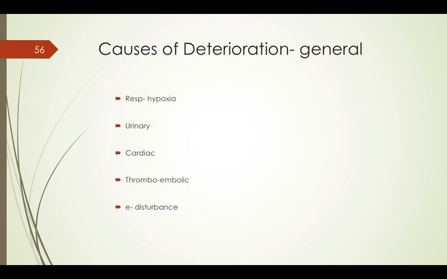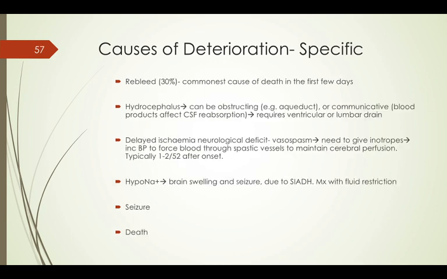So, once you've treated someone, you think they're stable, there are chances that they can deteriorate. So you've got the general causes and the more specific causes. General causes can be respiratory, so lack of oxygen to the brain, hypoxia, urinary problems, cardiac, VTEs, thromboembolic causes, and electrolyte disturbances. Those specific to subarachs may be a rebleed, so this is actually the commonest cause of death within